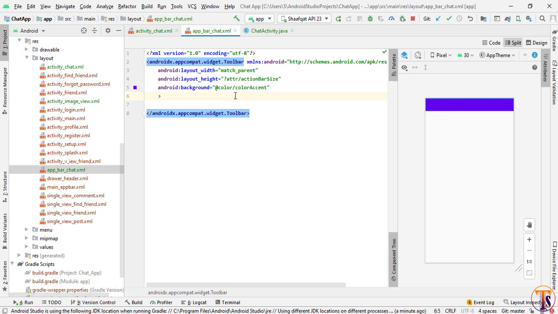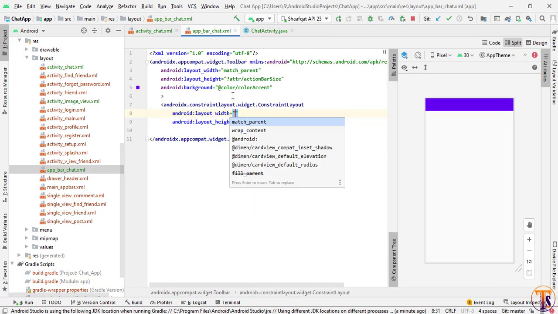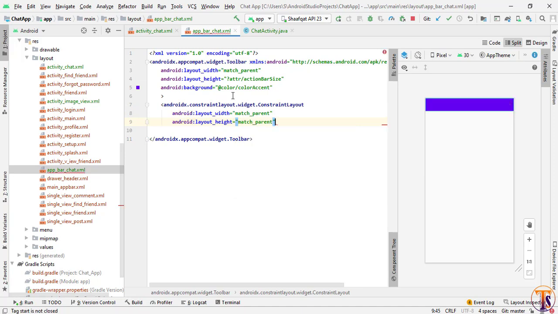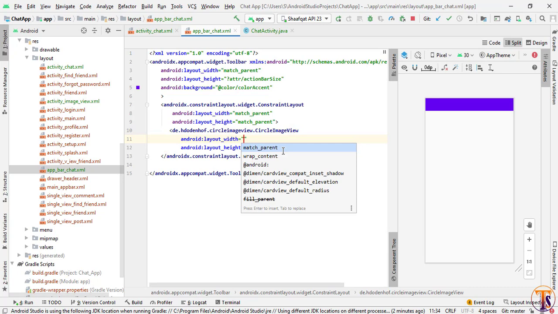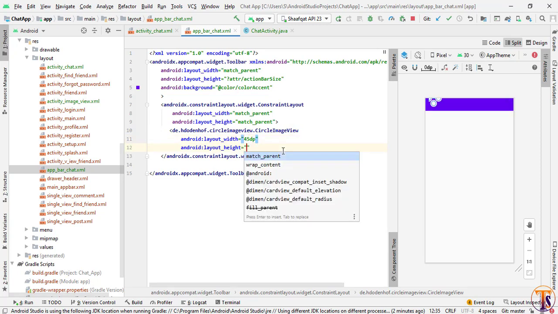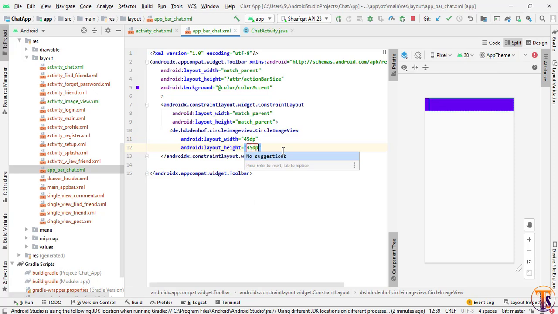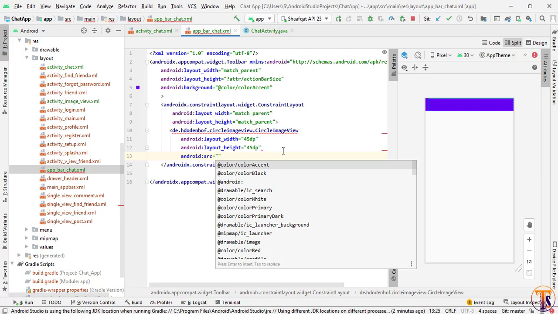So first of all we will add a constraint layout inside this toolbar. So here I will select constraint layout, that will be match parent. So here I will select circle image view, that will be 45 dp width and 45 dp height. Okay, now select source, and here we will select any image.